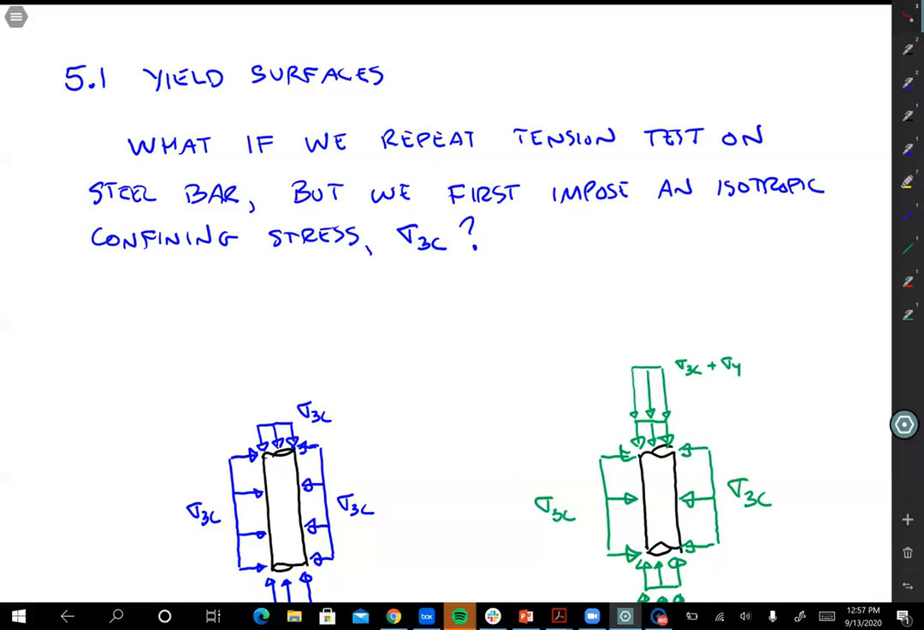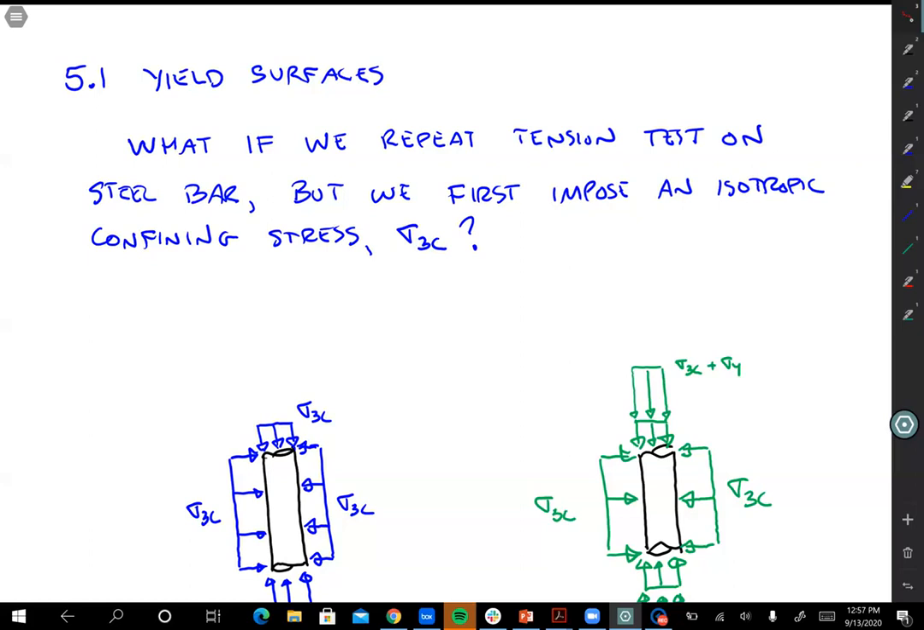Okay, this next lesson we'll talk about yield surfaces. And basically what we're going to do is define a surface that's fixed in stress space that defines a yield condition. So to motivate this discussion, let's say that we took that steel bar that we did in section 5.0,